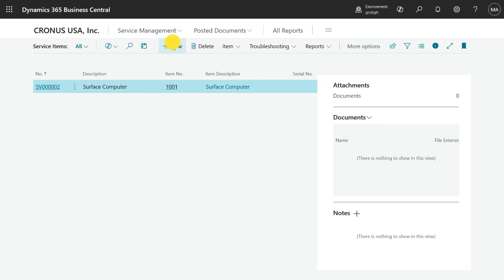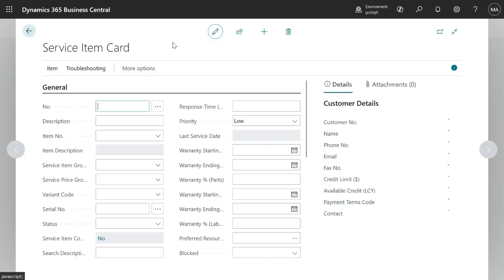One thing is that I can click on new here, and then the item which you are selling to your customer, and after sale you are providing service against that item, right? That can be called a service item, right? Or basically you are not selling anything, but you are into the service business, where people, like, let's